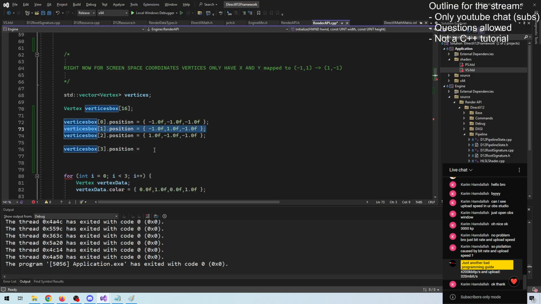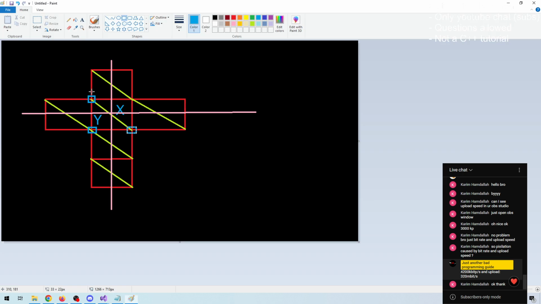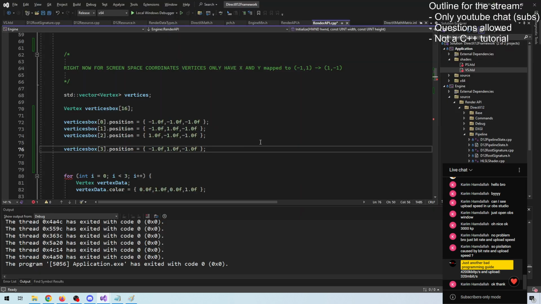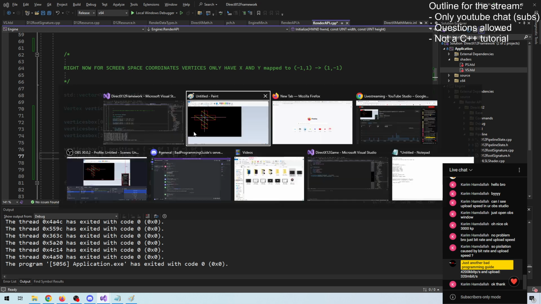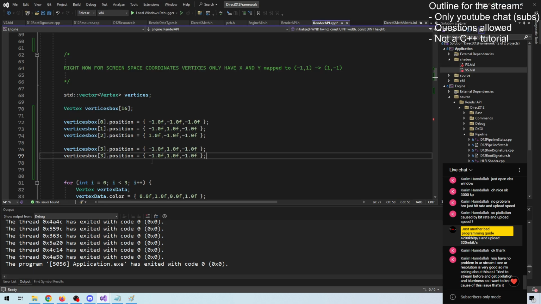Which will be basically the same as this one. It will have a positive y, but still a negative x and c. We will create the one with a positive y and